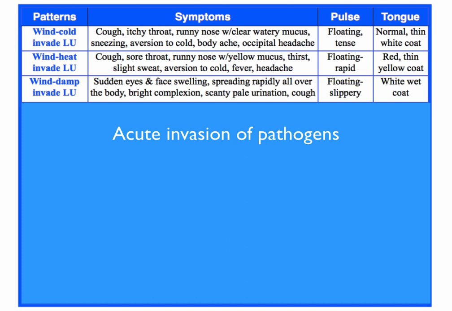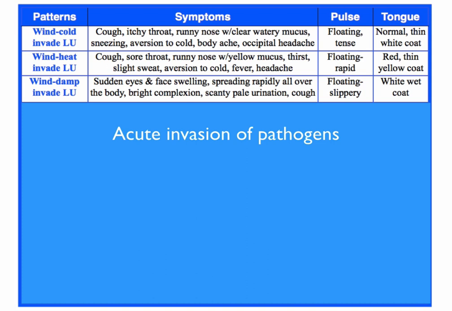So that would give you the wind heat. Floating, but more rapid pulse, because now you're a little heated, right? So you have a bit of a fever. The tongue would have a thin yellow coat. It may be red, but it's not always the case. It depends on how much heat or fever the person has, right? And wind cold can turn into wind heat and vice versa. This is very common in TCM, right?